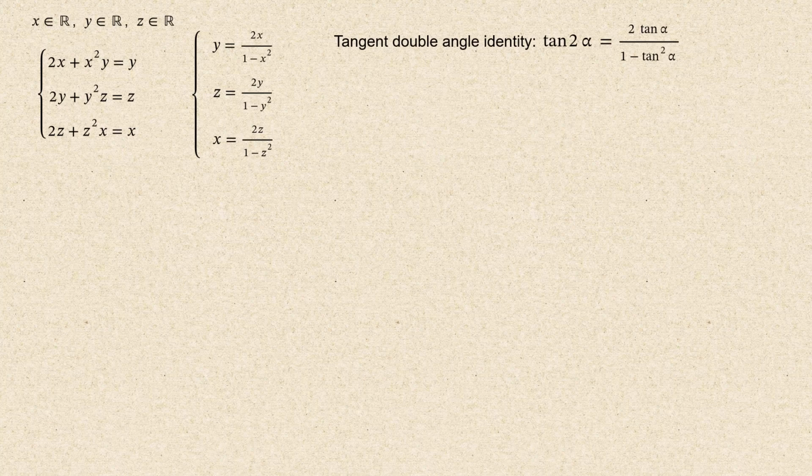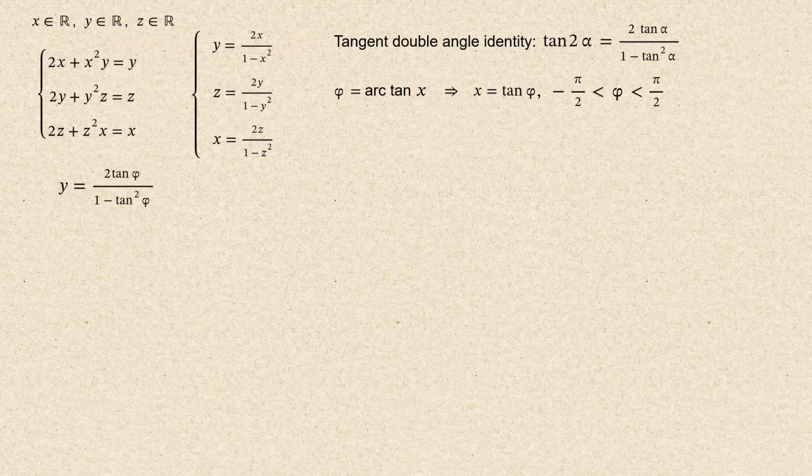To use the identity, we need the following substitution: phi equals arctangent of x. According to arctangent definition, x equals tangent of phi, while the value of phi is more than negative pi over 2 and less than pi over 2. Since arctan function is defined for any real argument, such a substitution does not reduce the domain.